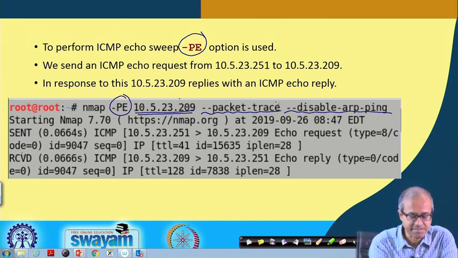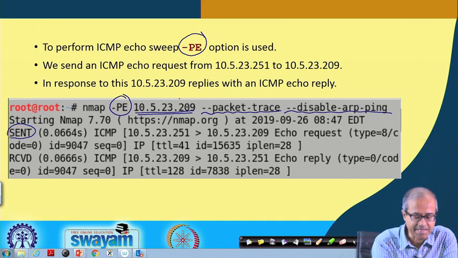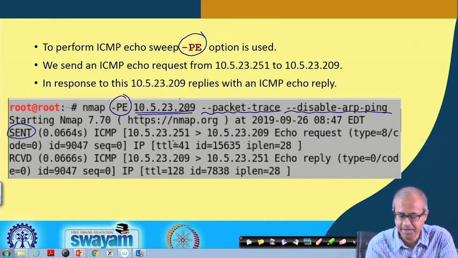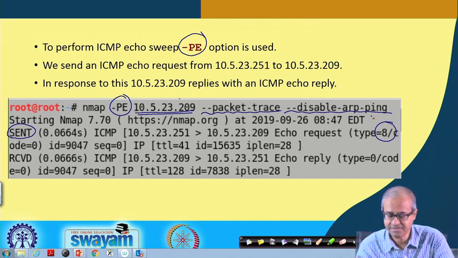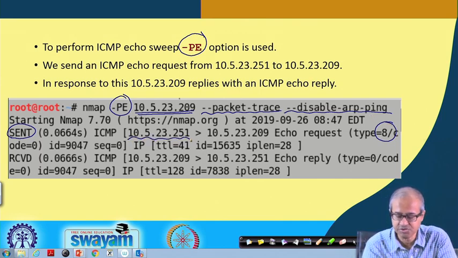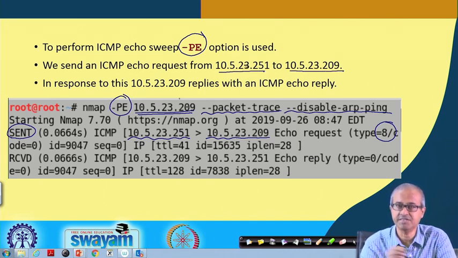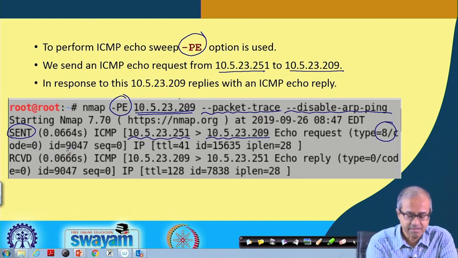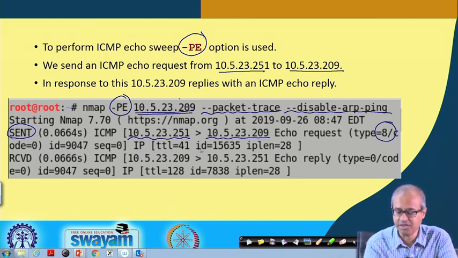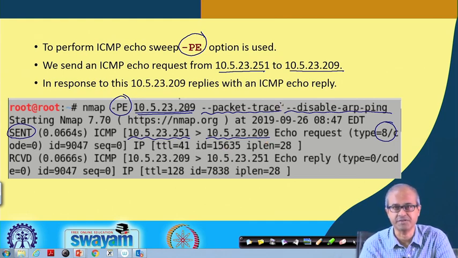So, you see what happens: it sends a packet, this is an ICMP packet, you see this is of type 8. It is going from this host. Suppose your IP address is 10.5.23.251, and you are sending the packet to this target, 209. So, this is your machine. The ID, sequence number, the IP packet, time to live, ID, the length of the packet, all these things are printed because you have given this packet trace option.